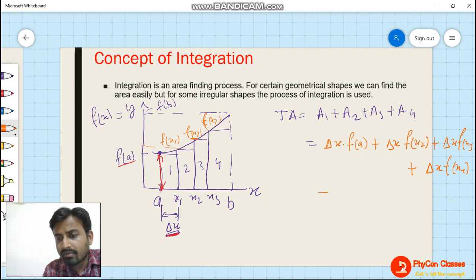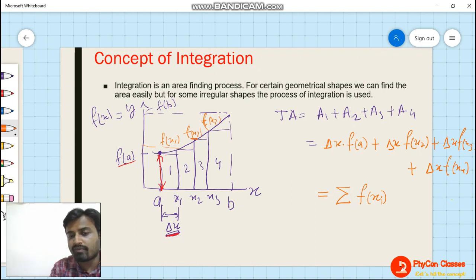So in a normal way, we can write it in mathematical format as sigma. Sigma means summation. So sigma of the functional value at any given x, and the x value is going to change: 1, 2, 3, 4. When you are moving forward in the x direction, x value is changing or not? x1, x2, x3. So the x value is changing. Summation of f of xi multiplied with delta x. That will give you the total area.